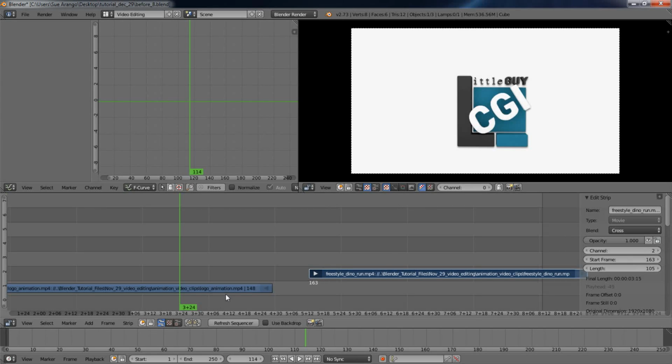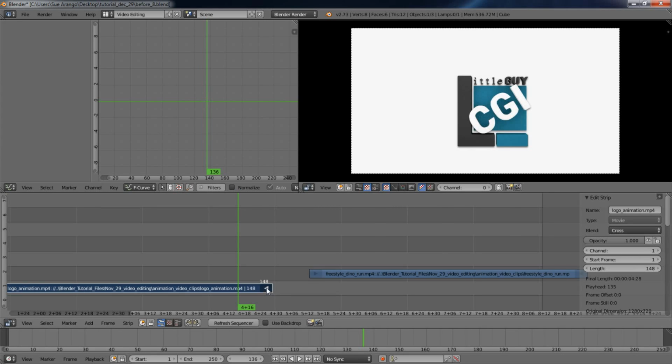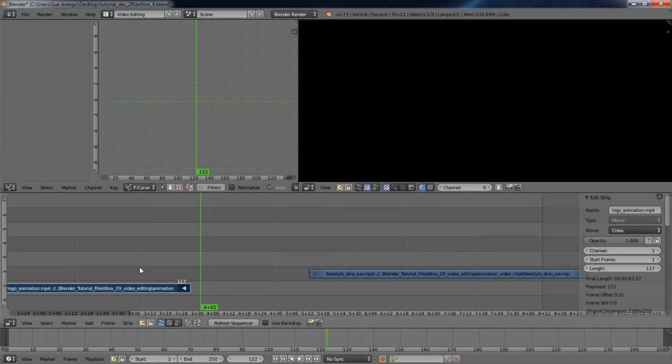If it's something that's still, once that logo settles and there's no movement, and I wanted to bring this in to make it a little shorter, it wouldn't matter because there's no movement there. But if there was movement, I'll show you what it does if I bring it in like this. Well,